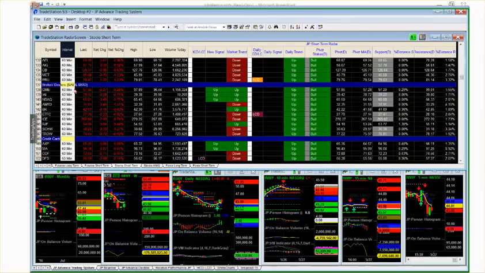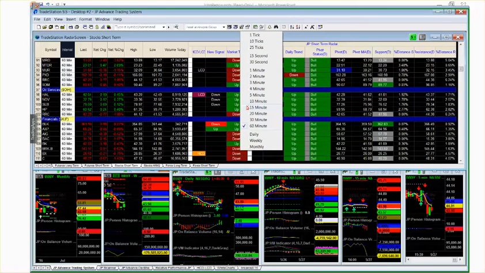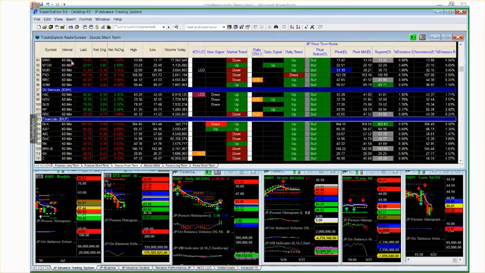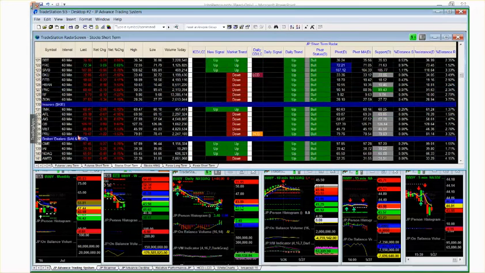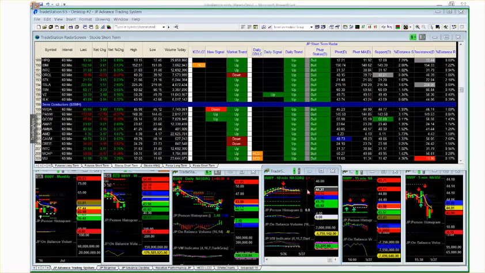So if you want to look at the concentration of how many buy signals are populating on a 60-minute, a 30-minute, a 20-minute, you can obviously change that to your interval time frame. I like 60 minutes, and the more stocks that I see in a 60-minute buy signal, especially as we get near support, the more concentration in numbers, because